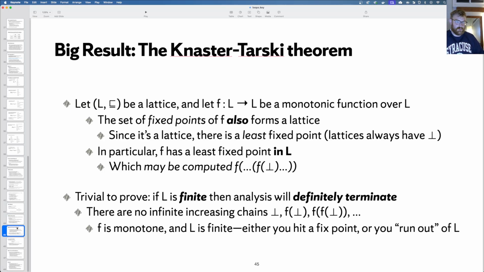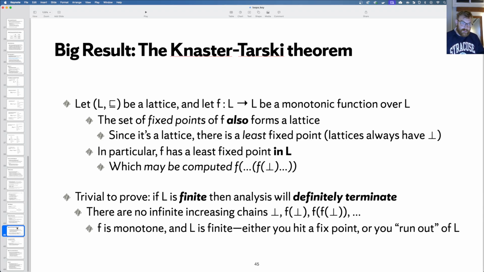So this brings us to the big result, and I won't formally prove this result, but it's a very important result that's worth knowing about. So here's the statement of it. Let L, with some ordering, be a lattice, and let F, which is a function from L to L, be a monotonic function over L. The set of fixed points of F also forms a lattice.